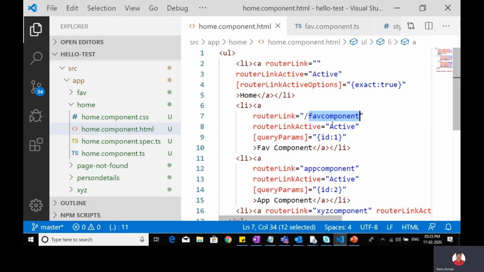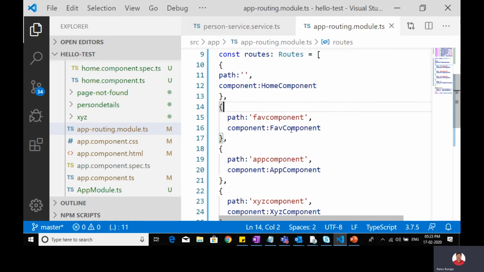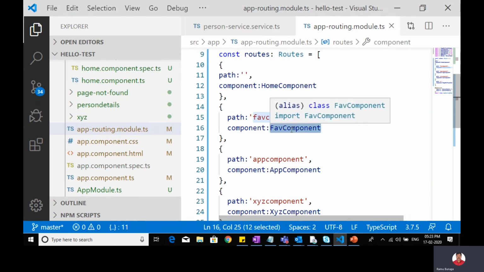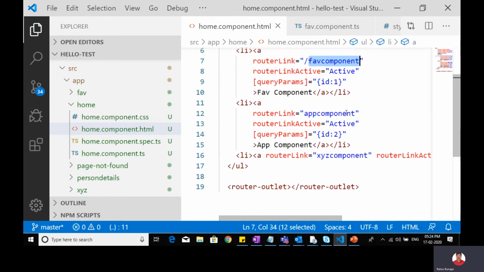So for fav component, for favorite component, in this file, what have I given as the alias name? This is my fav component. Here, what is the alias name I have given? Fav component, right? This name I am calling here.